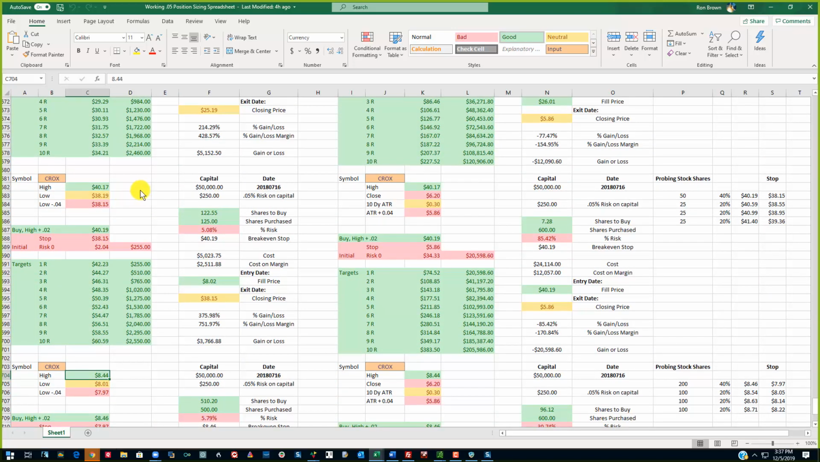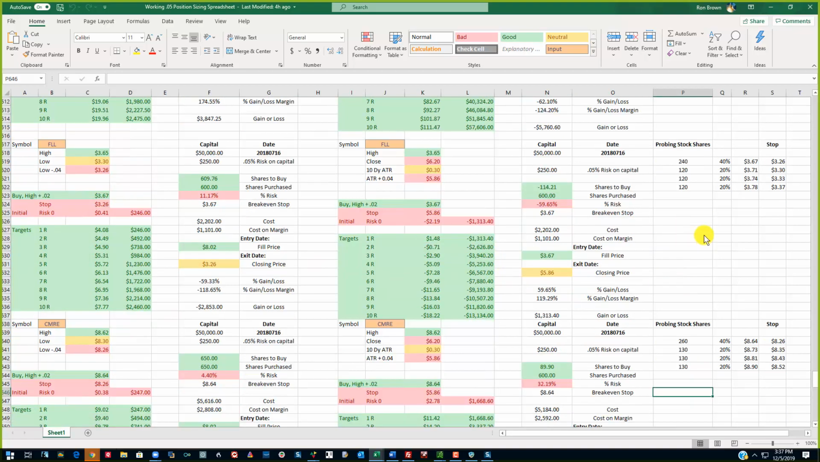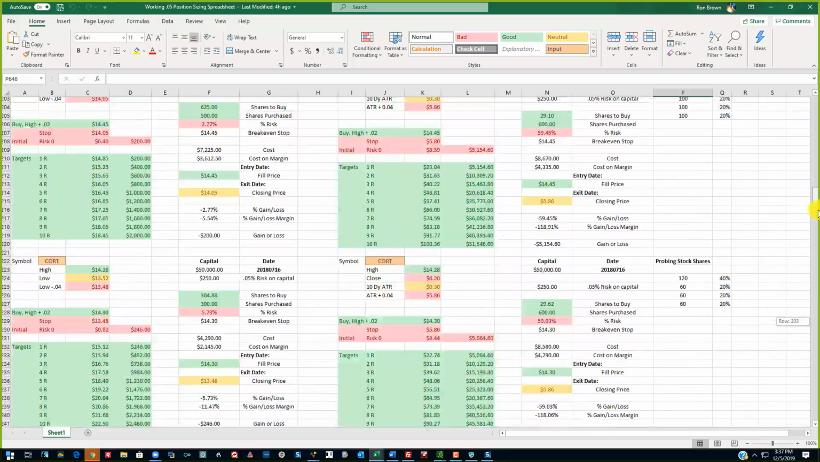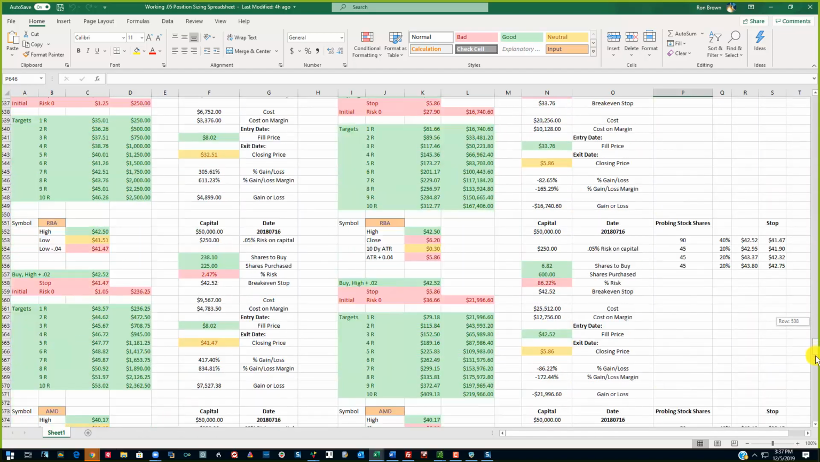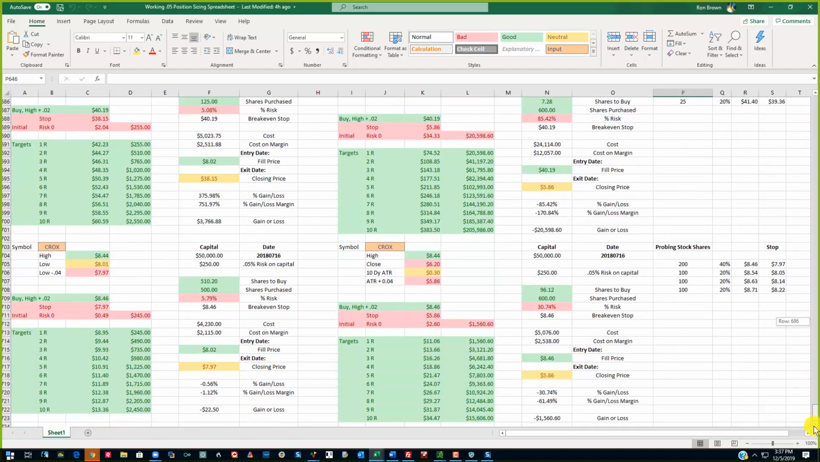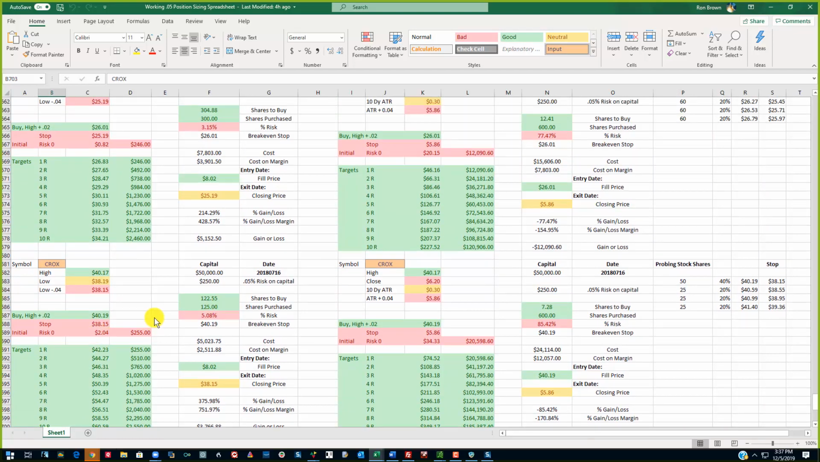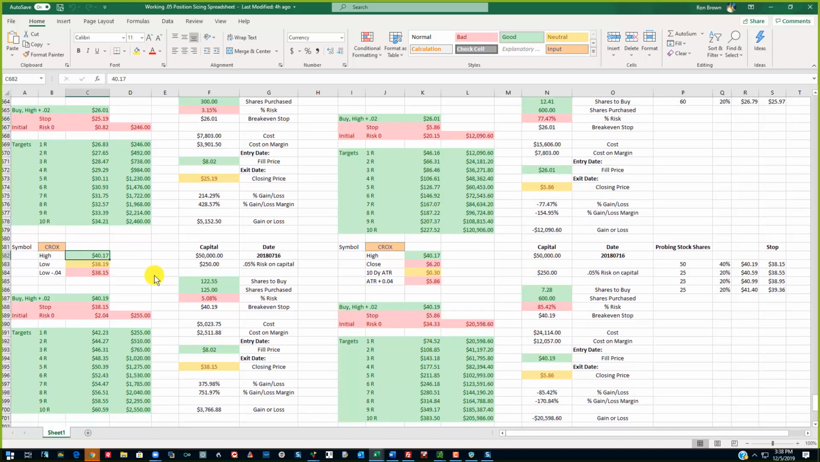Here's Crocs right here. What I do is I just copy these cells and paste them, and I've got dozens of stocks in here that I've position sized over the months. You just keep going down the list and copying and pasting. I was going to position another stock and I got diverted here today. But here was Crocs today, and what it does is you put the high in for the prior day, you put the low in,